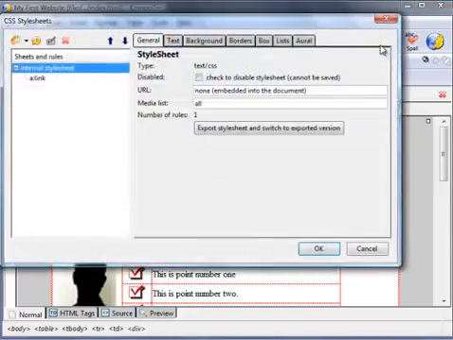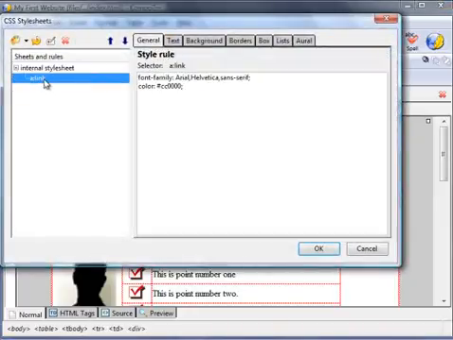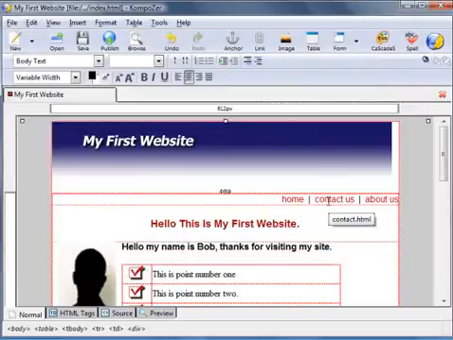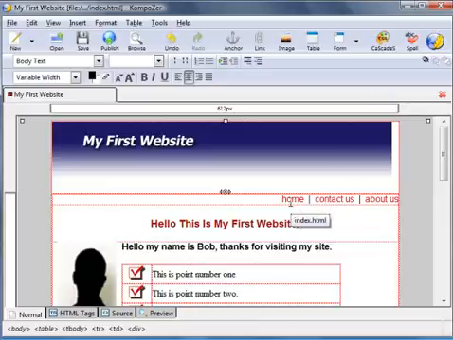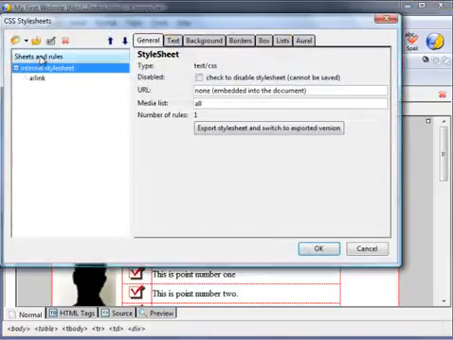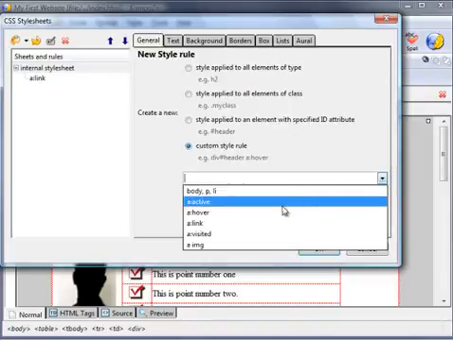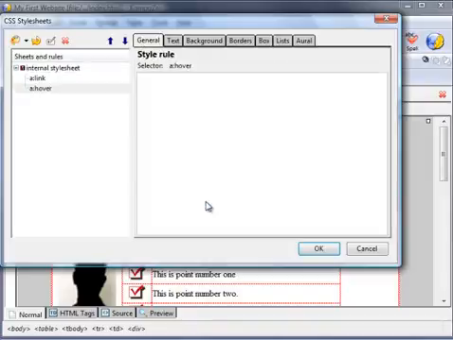Go back to the style sheet. The A link. The text. Text decorations. Click on none. Okay, and that removes the underlining. Okay, next we want to change it so that when hovered it becomes underlined. So go back to the CSS, create a new style, custom style rule, hover, create style rule,